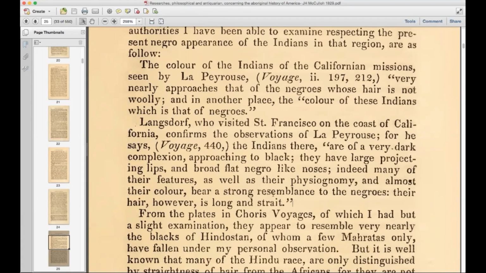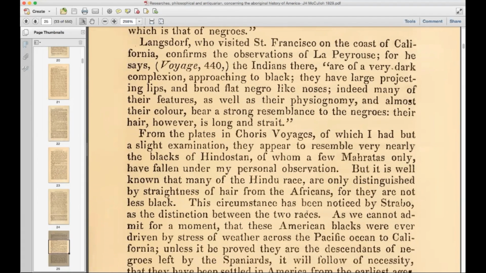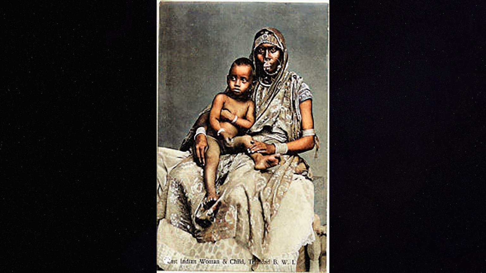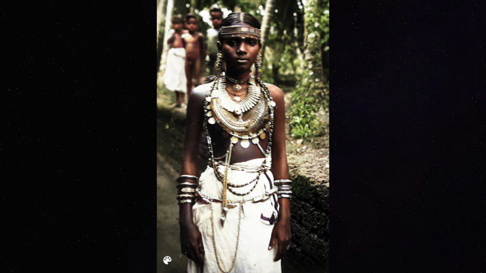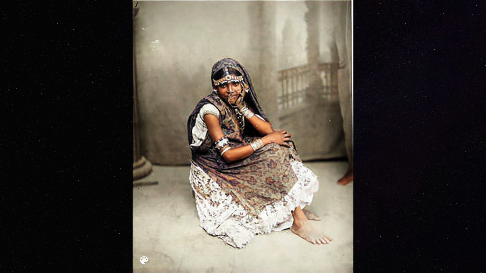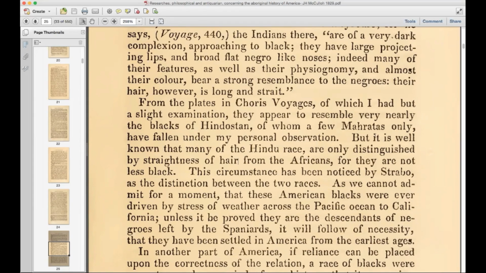From the plates in Choris's voyages, of which I had but a slight examination, they appear to resemble very nearly the blacks of Hindostan, or India. Hindostan, that's what it was called, of whom a few Marathas only have fallen under my personal observation. But it is well known that many of the Hindu race are only distinguished by straightness of hair from the Africans, for they are not less black. They are not less black. This circumstance has been noticed by Strabo as the distinction between two races,